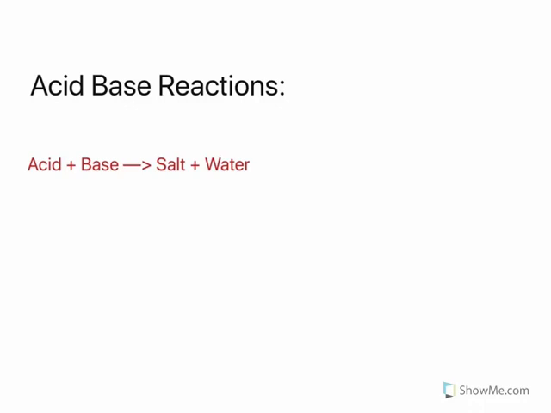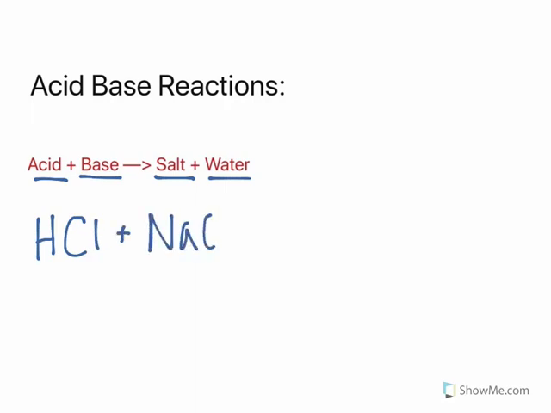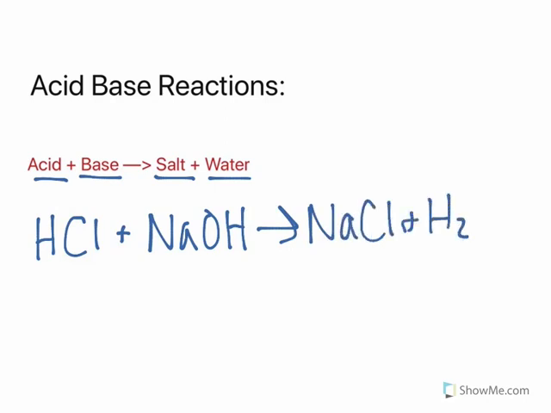An acid-base reaction is a type of neutralization reaction in which an acid reacts with a base in order to yield a salt plus water. A common example of this is when hydrochloric acid, HCl, reacts with sodium hydroxide, NaOH, in order to yield sodium chloride, NaCl, plus water. Sodium chloride is commonly referred to as salt, as table salt, but it is not the